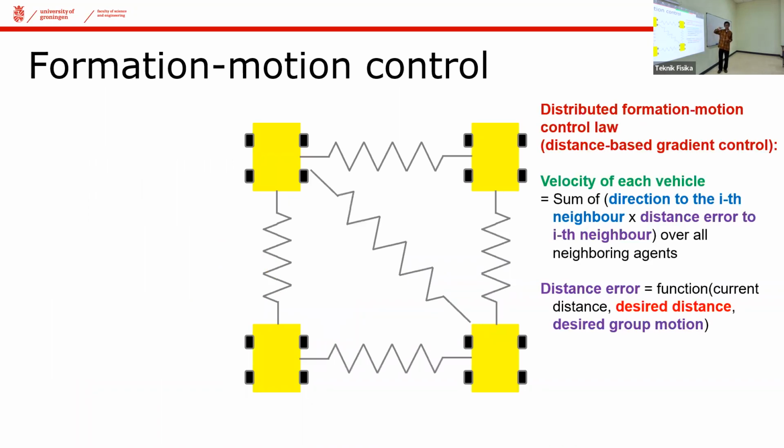The way we handle that is we exploit the fact that, as we know from before, when there is a distance error, everything can go to wrong formations and then they can do rotations or translations. And actually we can use those to our benefit. So what we do is implement the standard formation control, but the smart thing that we can introduce is that the distance error is not only a function of the desired distance, but it can be a function of the desired group motions. So we intentionally create the bias.